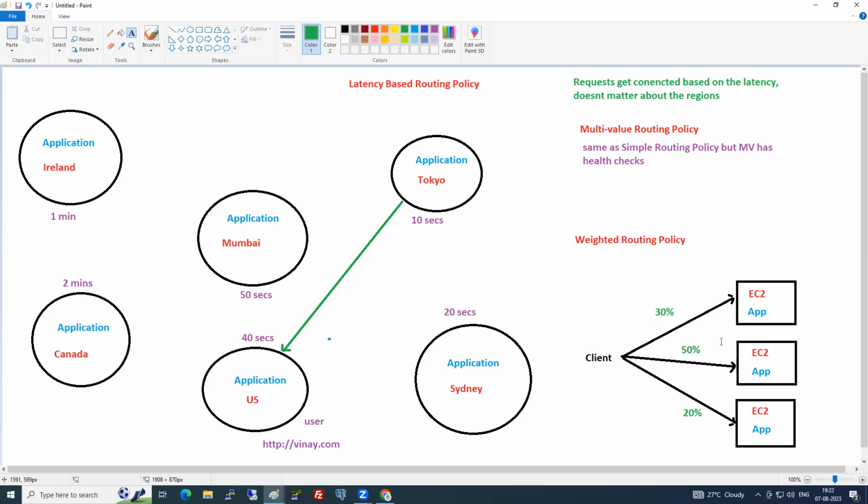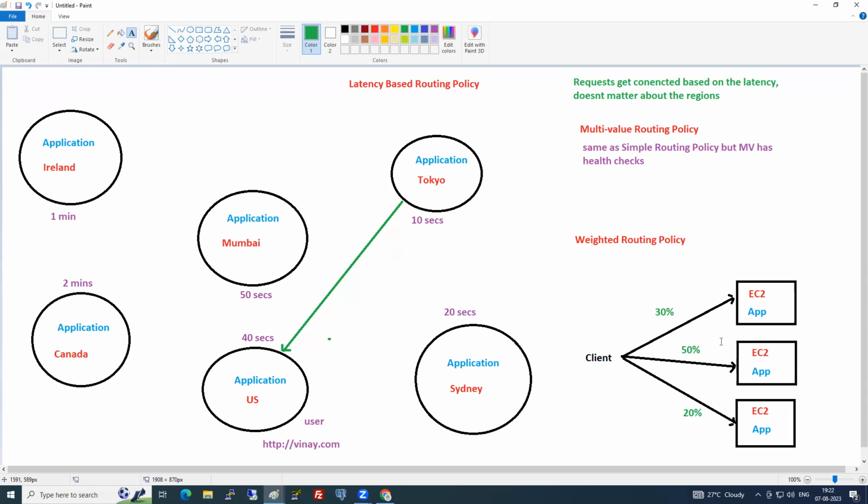So mainly in Route 53, what are the things that we have learned? Is it possible to do the domain registration in Route 53? Yes. So, in order to do the lab and hands-on on Route 53, is it possible to do the practicals without a domain? The first thing that you should do is purchase the domain.